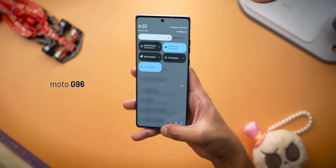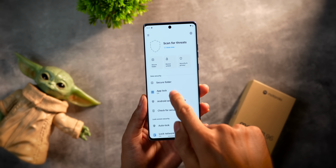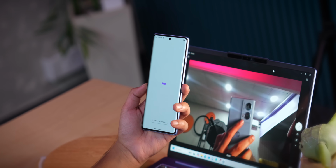Whereas customization is where Hello UI takes the lead. It has a bunch of practical features. Like in Moto Secure, you get the option of app lock, still not there in FuntouchOS. So you can lock your sensitive apps. It's a very important feature that every brand should include, specifically in India, because you know why. Scams. Next, if you double tap on the back, you can set it to open apps like PhonePe, but the